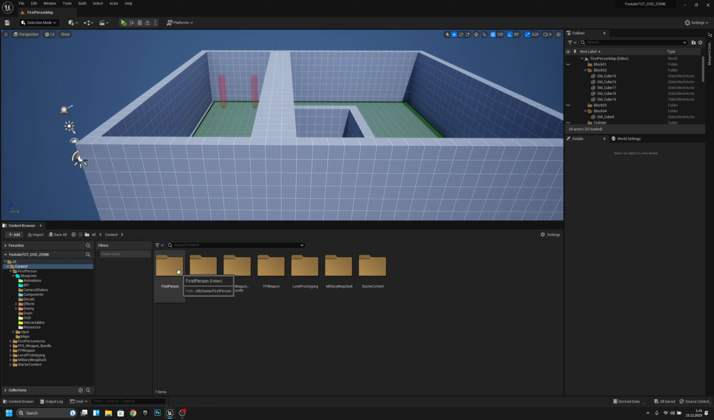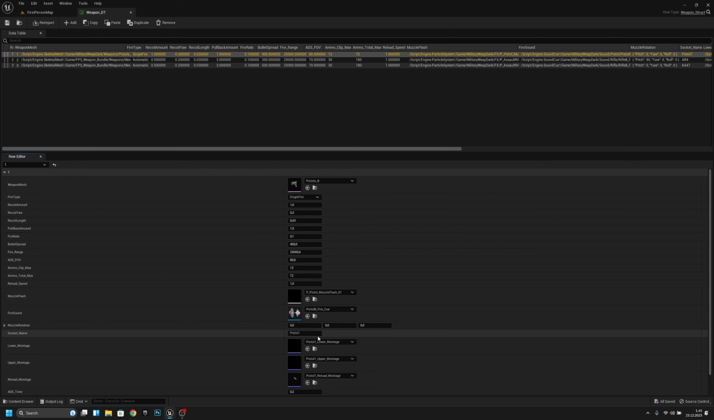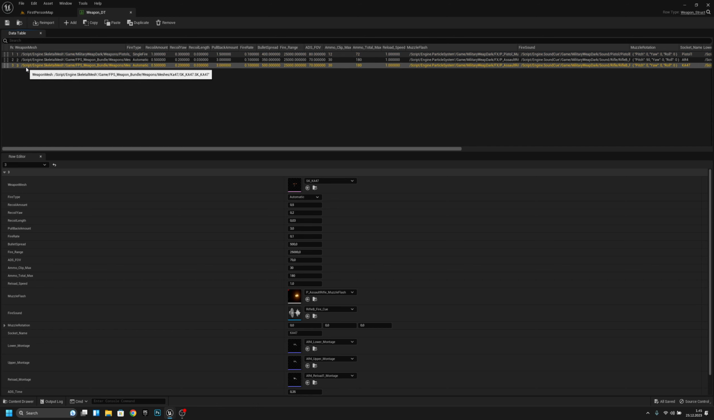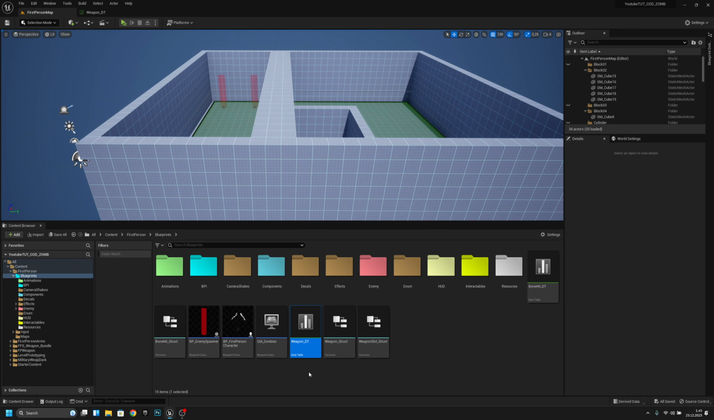First we want to go to the first person folder, then the blueprints, and the weapon data table. Let's duplicate this third one and change its name to 4. Okay, now let's go back to here, and where is our